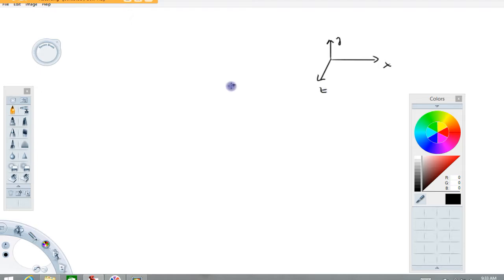And imagine I've got some sort of particle moving through space, and it's got a velocity vector that points this way. Now, if the velocity vector is in this direction, the momentum of this particle also is in the same direction. So I'm going to label this vector not as a velocity vector, but as a momentum vector, mv. If I pick a point in space here, which I'm going to call P,